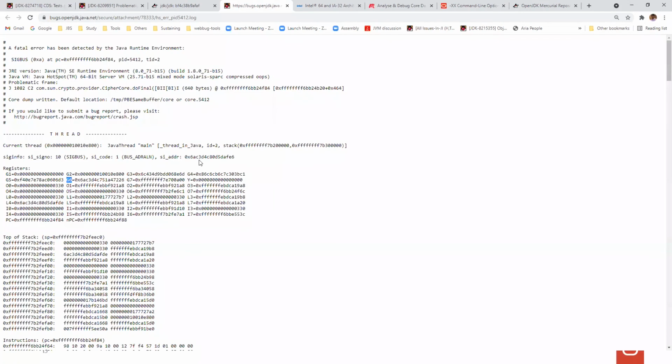Now it tells you where the problematic frame is, and what signal you received. The signal is SIGBUS, which, as I showed you, also indicates that you can generate a core dump. There is a bus error, which is again an invalid memory sort of problem. The signal number will be there, and it also tells you what the problematic frame is, in the sense of which part of the code in your JDK was executing when it crashed.